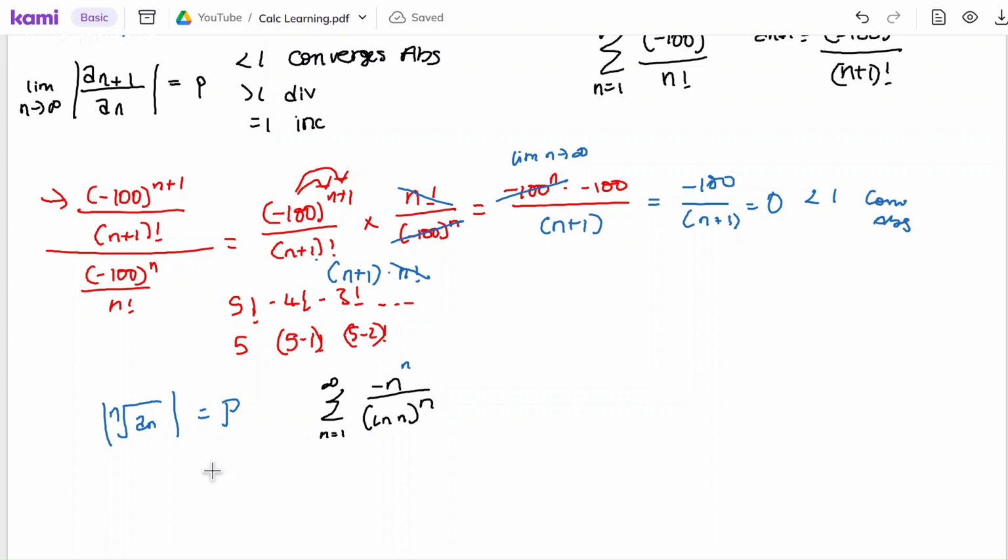The nth root is just whatever number you have. Like if you have 5, the nth root of 5 is just 5 to the 1 over n, just like the square root of 5 is just 5 to the 1/2 power. So it's the same thing. So for something like this one,